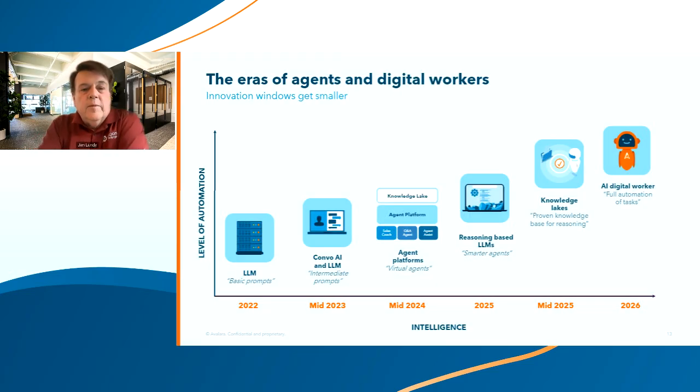I want to talk a little bit about the eras, and this is a tight window of the evolution that's been going on since about 2022. It's only a 3-year window because things are happening so fast. From the day OpenAI announced ChatGPT, which Google had actually announced their LLM before that, but nobody paid attention, it's been literally just flying along. And something happened last year. We went from what we used to call conversational AI to what we now call agent platforms.